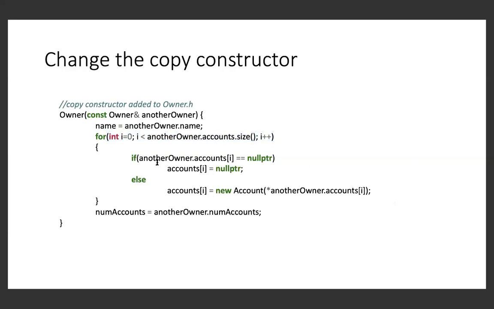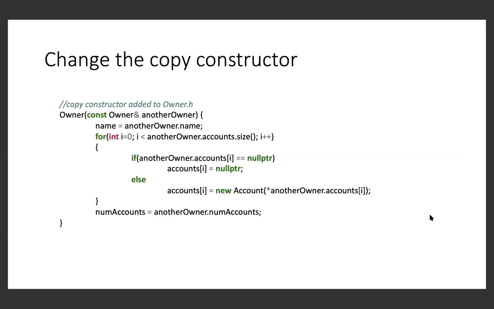if the account at that index of the array is equal to null pointer, so if there isn't an account there, we're going to initialize this new owner's accounts array at that index also to null pointer. Like if that owner that we're making a copy of has no object at that account index inside the array, we're also going to put it as null pointer. However, else, if this another owner does not have a null pointer here,